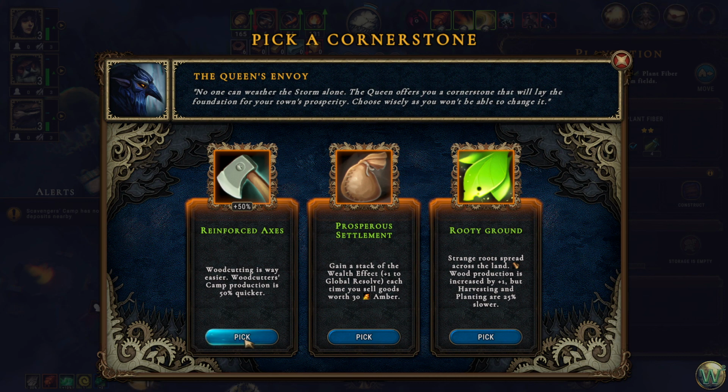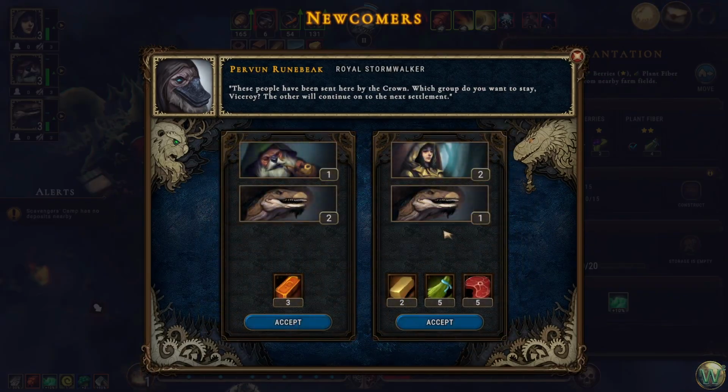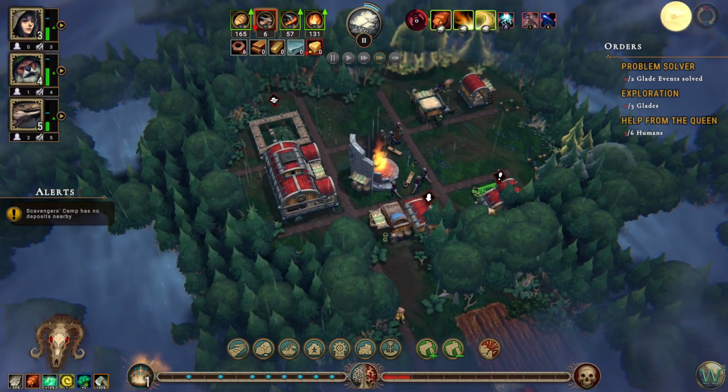Yeah, I think we're going to do reinforced axes, just to counteract the stone wood here. And then people. Humans would be good. A beaver would be nice, but I think we need the humans for the farming. No, we can do the beaver. Let's get the beaver. Because we can take